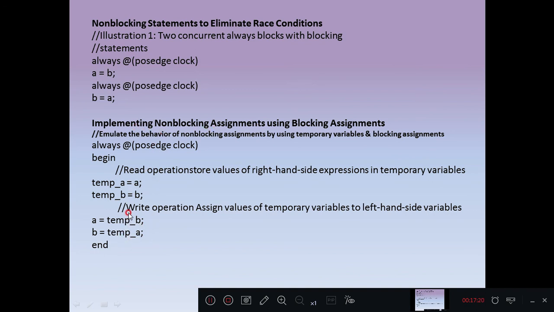This is an example where we are using blocking assignments and we want to make sure that a and b values are exchanged with the help of temporary variable. In both examples you can see we are implementing non-blocking statements, in this case using temporary variables and here using two always blocks. We are making sure that data is not lost. So data is available in temporary register in this second example. So later you are trying to assign a with value of b, b with value of a.